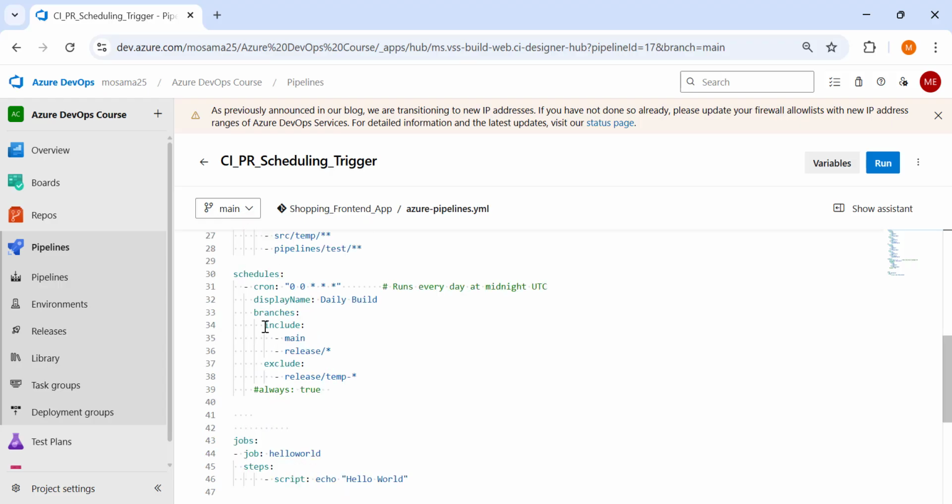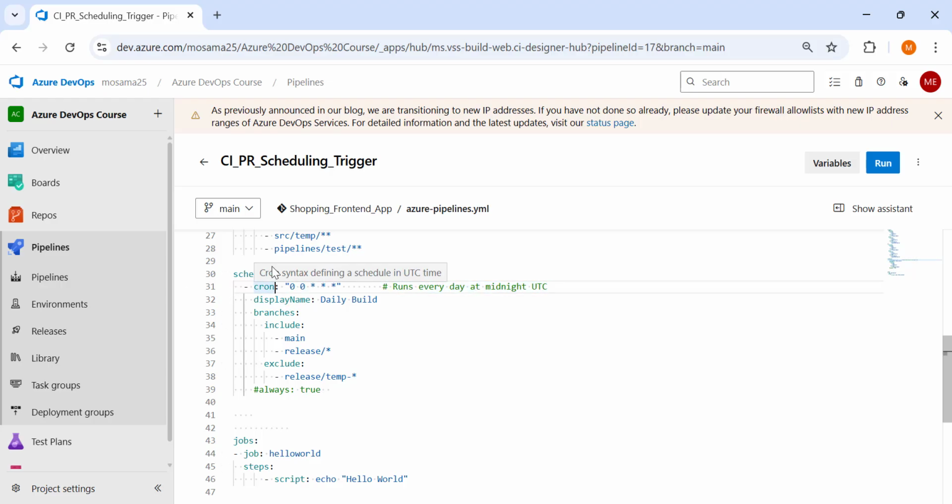And let's talk now about the scheduling trigger. When you define a scheduling trigger, you type schedules as a key above and describe your cron schedule with the cron syntax. Here it is 00, which means 12 a.m., and the time will be in UTC, Coordinated Universal Time. So that is the time zone, UTC, and that is the format, the cron syntax.